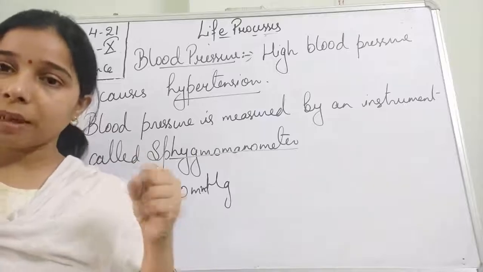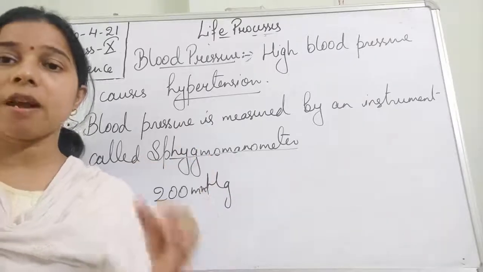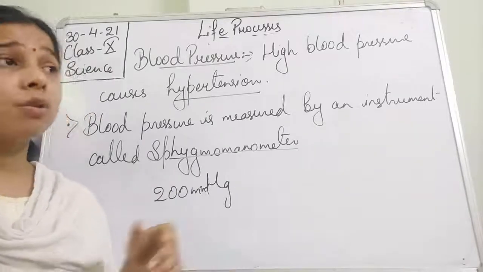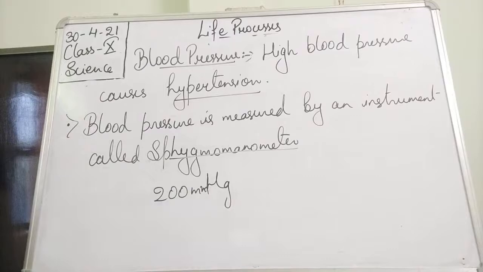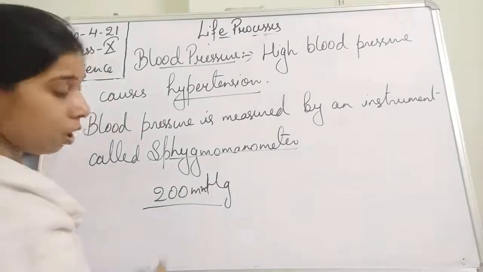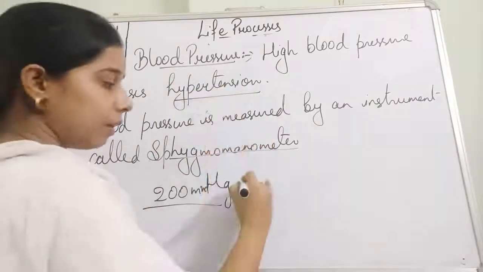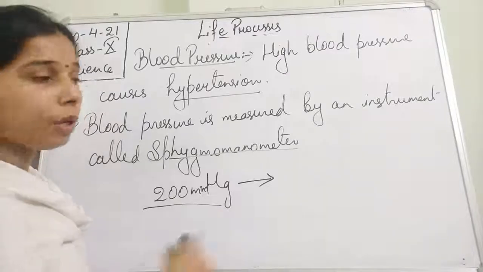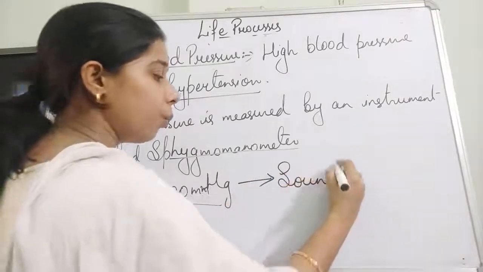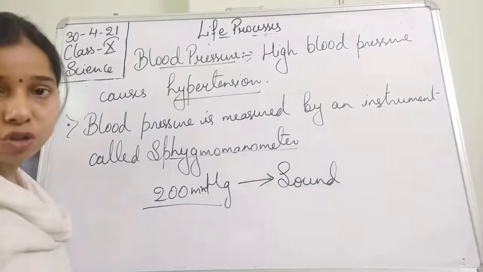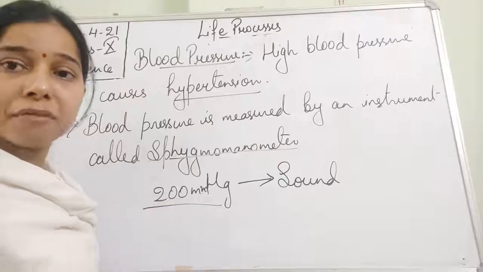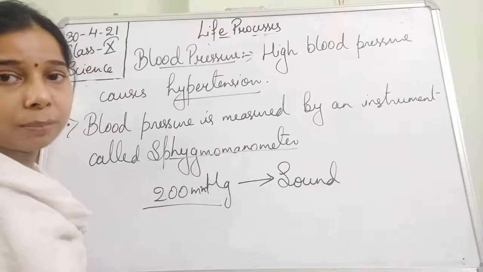So increasing the pressure and then decreasing the pressure helps in finding the blood pressure of a person. Okay, so this is how we can measure the blood pressure of a person, students. First of all, we increase the pressure up to 200 mm, then we loosen it by decreasing it. Again it goes down and the sound comes out. The first sound tells us the systolic pressure, and then after a little while the sound fades and finally stops. That is the diastolic pressure of a person.